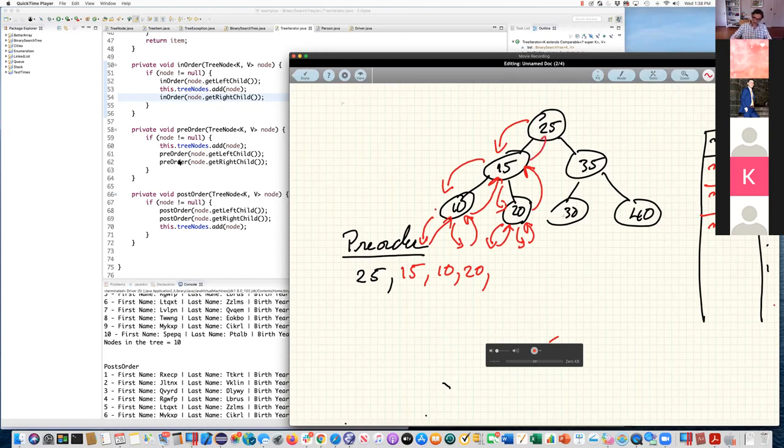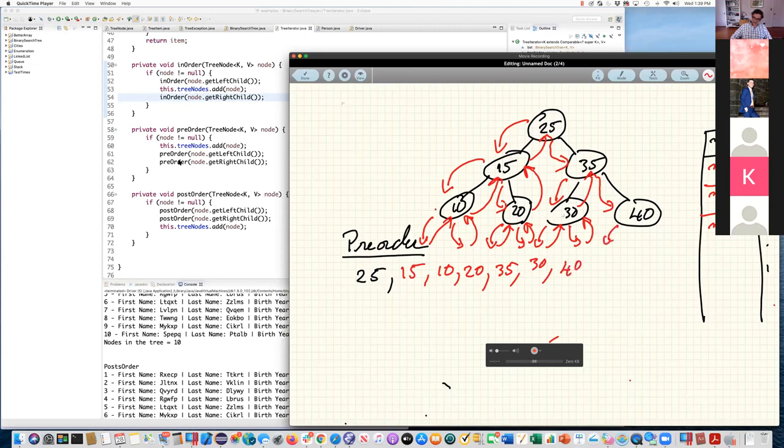At 15, I visited all of his left side, and I visited all of his right side, so I go back to 25. 25 says, go visit my right child. That's 35. And he says, go to my left child. That's 30. Go here, nothing there. Go back. Go here, nothing there. Go back. And then since I'm coming back from the right child, I go back to 35 and I say, go visit my right child. 40.